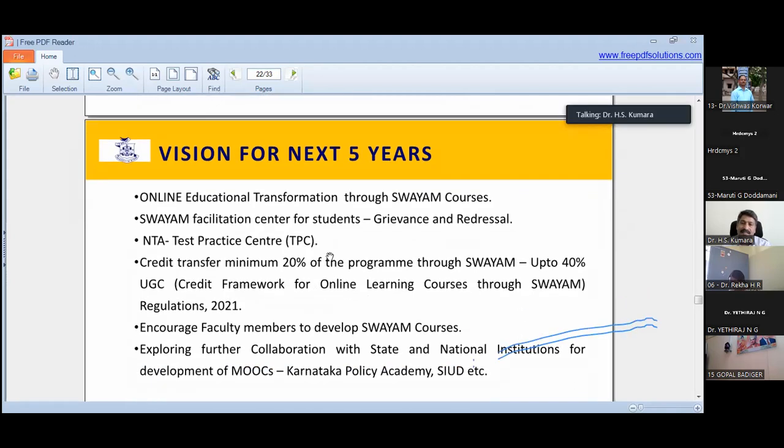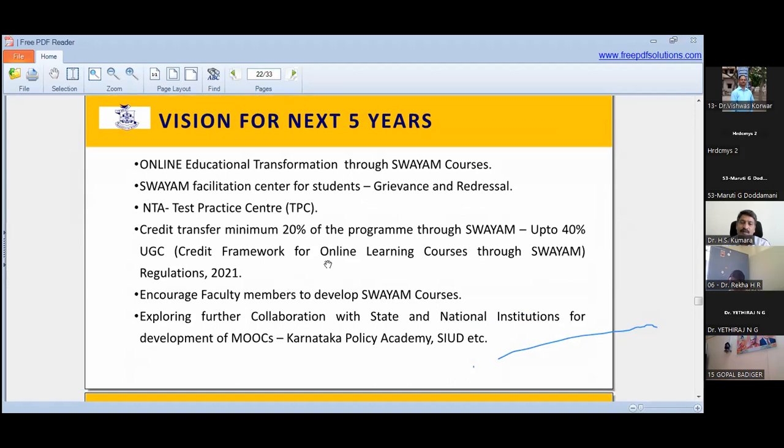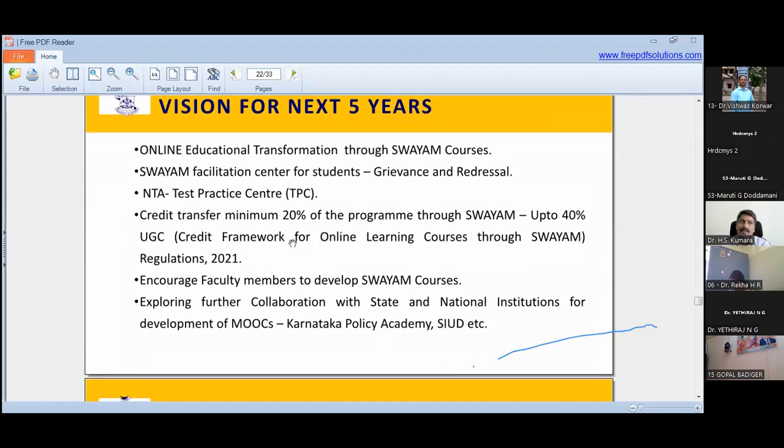Then the present guidelines allow up to 40% of the UGC credit framework. I think these are the regulations, and presently we are in the pipeline for implementation of National Education Policy 2020. In the e-syllabus, they devised it in such a way that there is a bunch of courses whose credit can be earned through SWAYAM. This option is given because if any student earns 40% of the credit through SWAYAM, then it needs to be incorporated in the mark sheet. That's the mandate, already in the regulation.